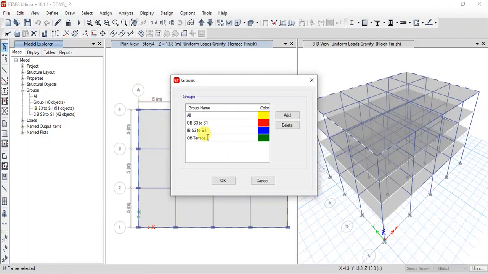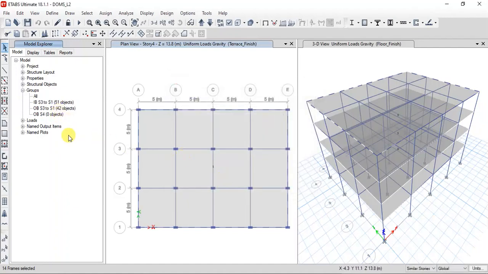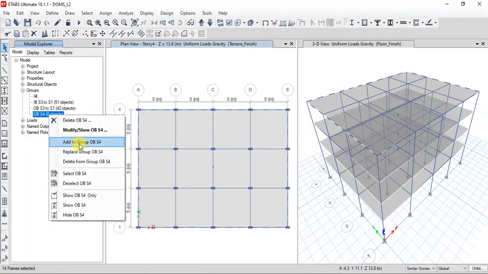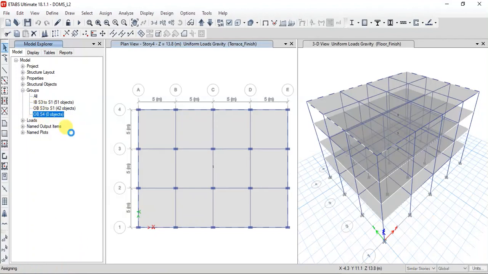You can name it outer beam at story 4. Click OK. Once you have made a group, right click and click add to group, which means the selected frames will be added within this group. So I will click add group. Now you see that 14 objects have been grouped here.